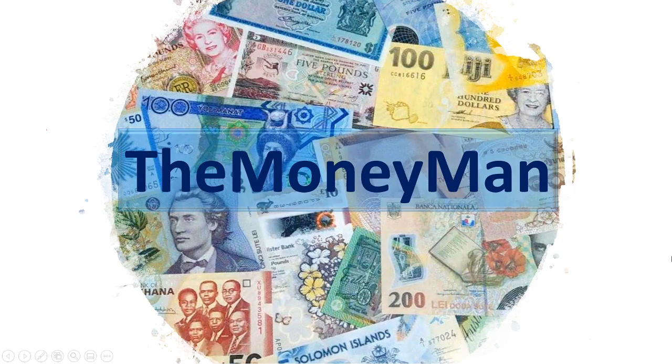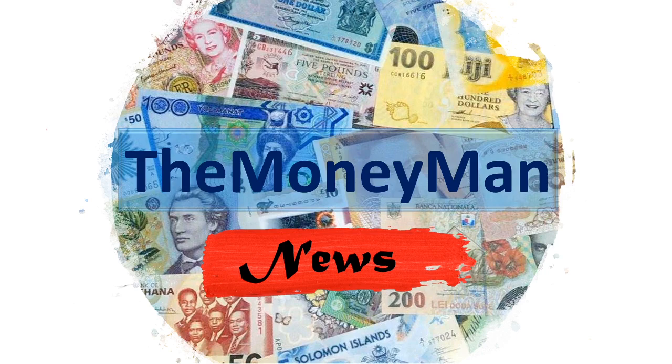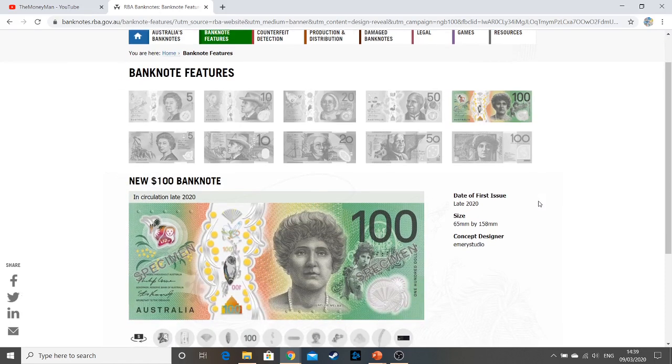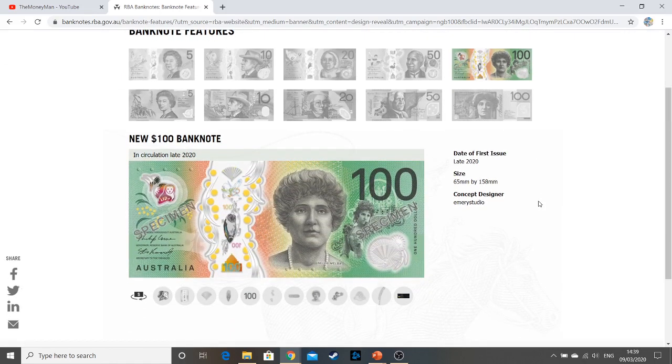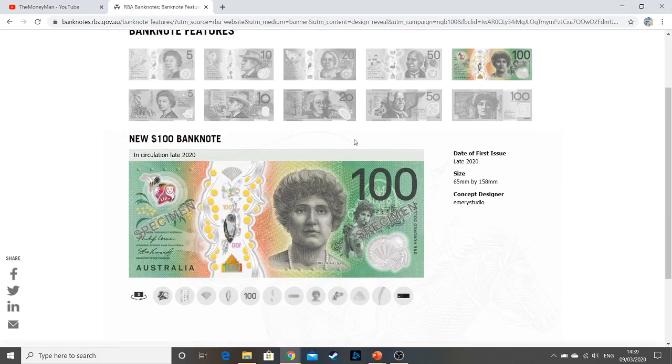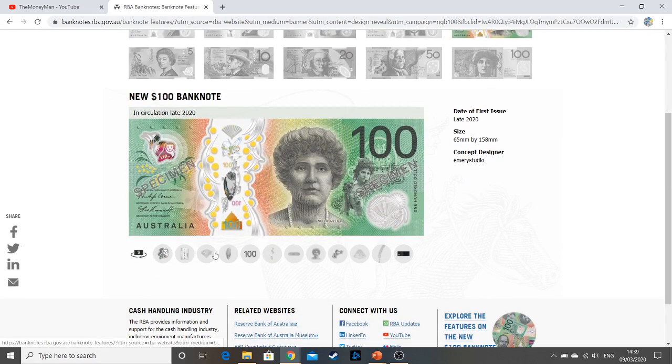Hello everyone and welcome to another edition of the Money Man News, and today we're going to be discussing another banknote release. Now you'll probably know that Australia has yet to release the last and highest denomination in their new series of polymer banknotes. But if you look here, they've previewed it on the Reserve Bank of Australia website, and it's absolutely fantastic because they've got this clever little function that lets you go through all the different features in